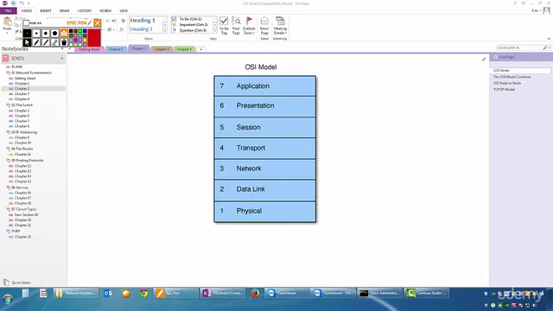Now, let us talk about the OSI model. Now, the OSI model is nothing more than a model. I mean, that's really the best way to explain it. So, if I wanted to build an airplane,